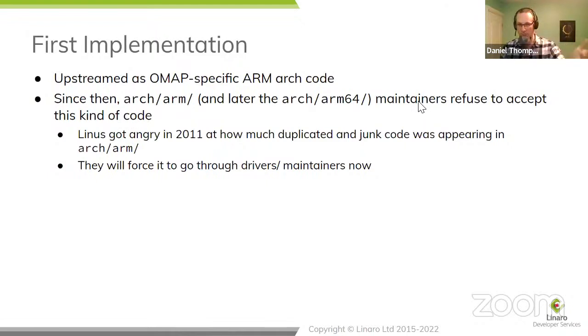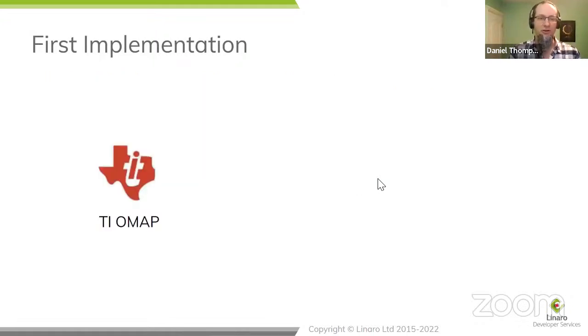That traces its roots back to a leader making comments in 2011 that ARM's organization was inadequate. It led to the formation of device tree and other things. And these days you'd expect to see it in drivers, although you might find the first implementation landing in drivers/soc, and it being the second implementer who has to bring it into a subsystem. So these kinds of things could still happen. First implementation, TI OMAP.